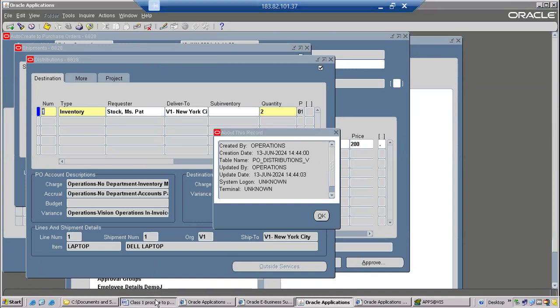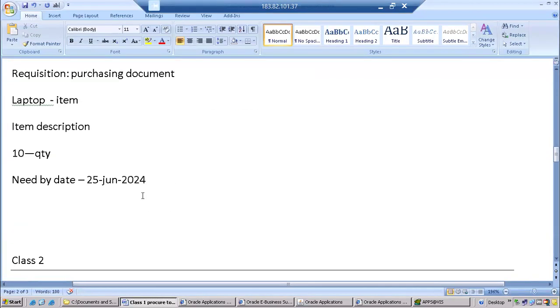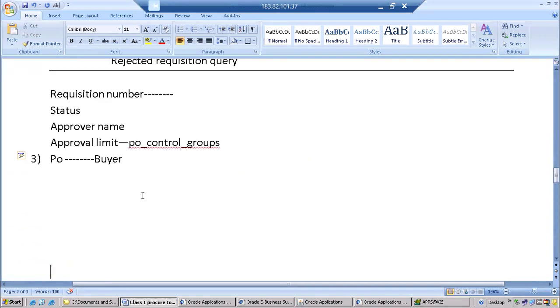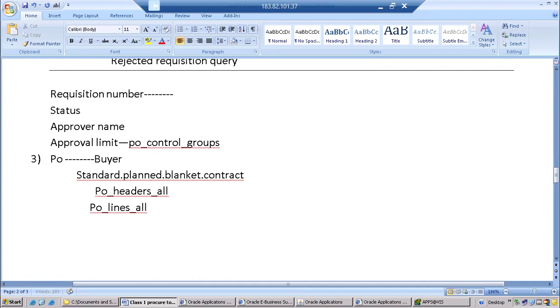So I wanted to hear from you. What are the tables for PO? PO means purchase order. How many types of purchase orders? Standard, planned, blanket, contract. These are all the types of POs. And the tables, PO all is required because some modules don't have that. I'll tell you the reason whenever it comes. PO lines, and one more, line locations. Finally,